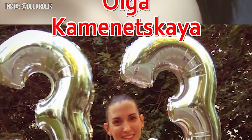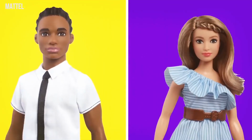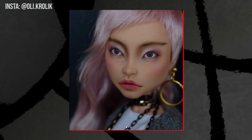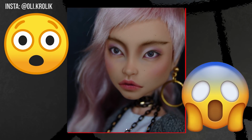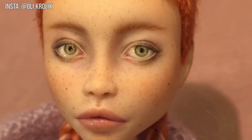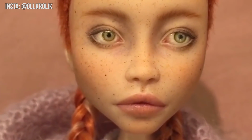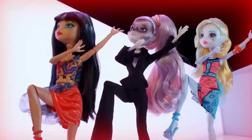Ukrainian artist Olga Kamenetskaya is on a mission to give Barbies, Brats, and other dolls a one-of-a-kind realistic makeover. Olga's dolls end up looking so human, you have to do a double take to realize they're actually dolls. She hopes to counter the unrealistic concept of flawless beauty by modifying their faces and giving them lifelike features we can all relate to. So make sure you watch this video until the end to see how she works her